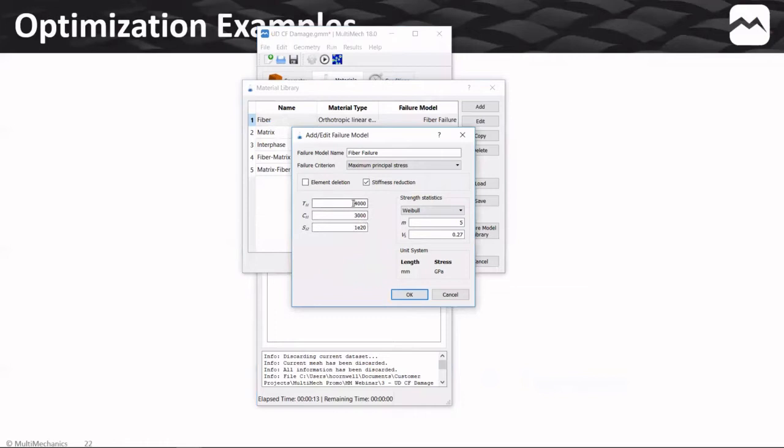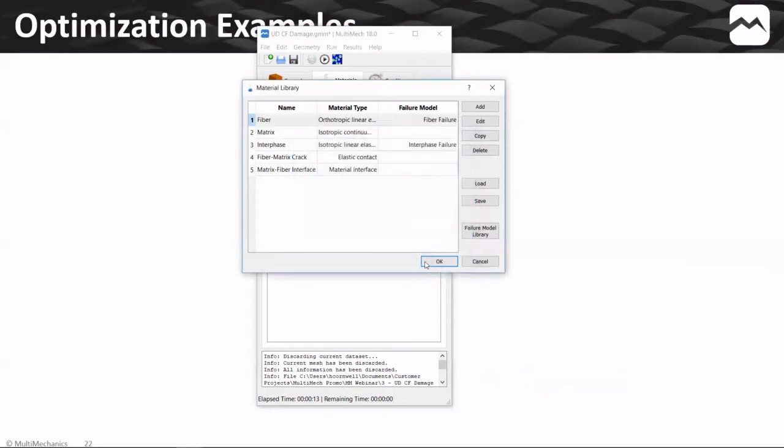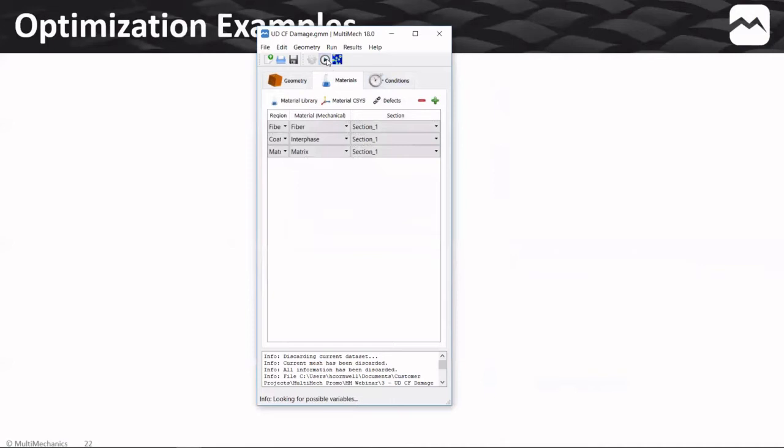A lot of times you'll have the tensile stress, but what you may not have is the strength statistics and the Weibull distribution. Let's say we know the shape parameter, or you can come up with a shape parameter that you want to tailor to your material, but the scaling parameter is something that's a little tougher to find. So if we don't have it, we simply leave it blank. And what MultiMech will do when you select run, it'll look for possible variables. And once it finds this variable,